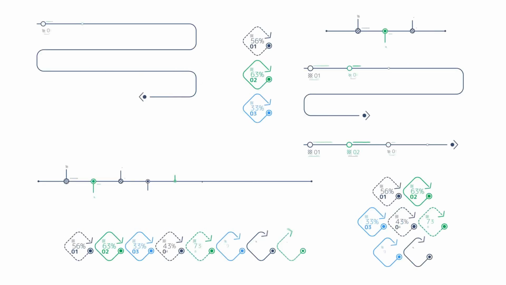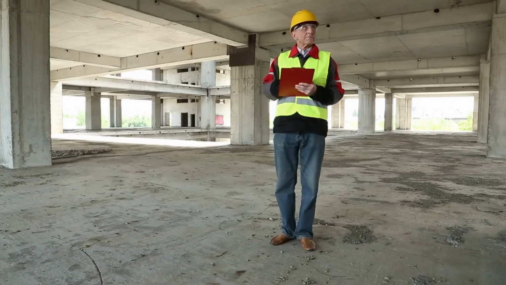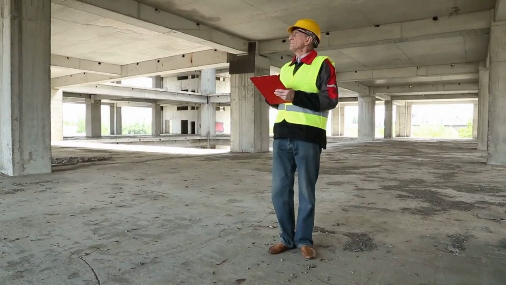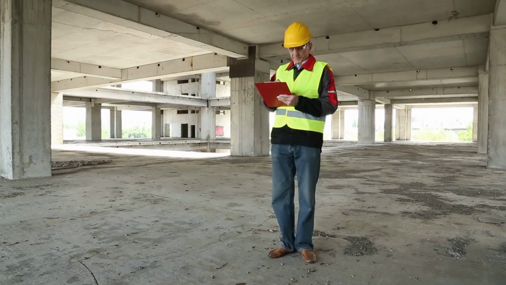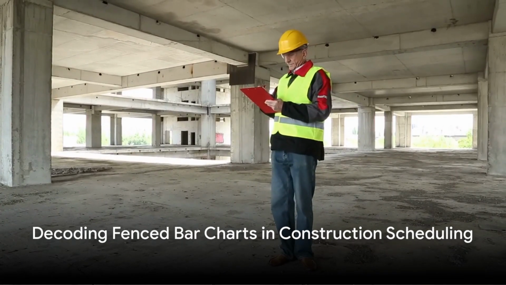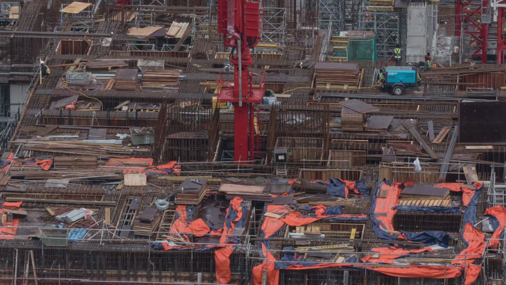Lastly, look at the overall layout of the chart. The horizontal axis represents the timeline, while the vertical axis lists the activities. This layout helps you visualize the entire project timeline and understand how each activity fits into the grand scheme of things. Reading a fenced bar chart may seem complex initially, but with practice, it becomes an invaluable tool for understanding